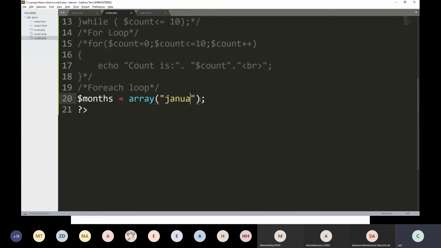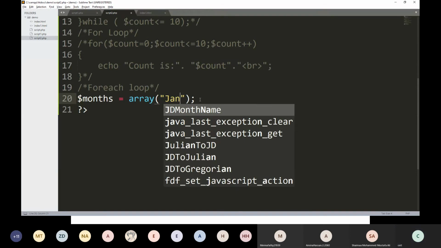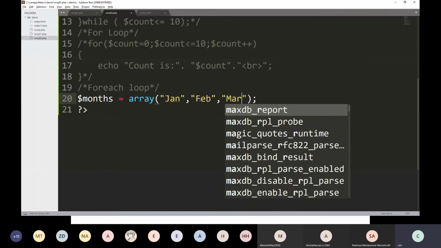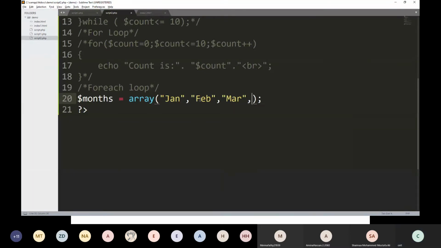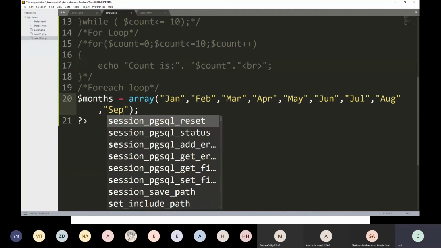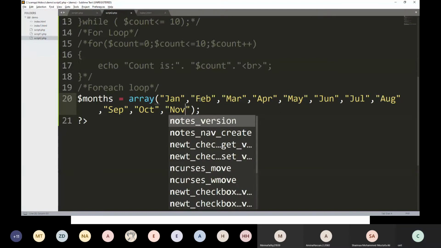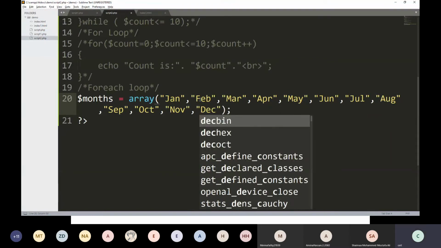What are my array elements? Jan, Feb, March, April, May, June, July, August, Sep, Oct, Nov, and Dec.